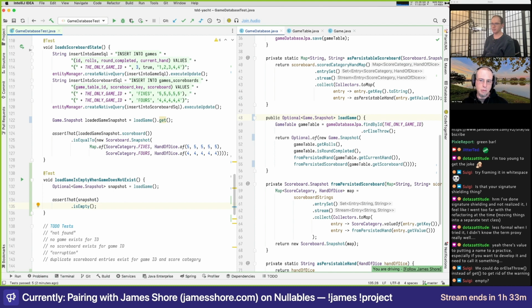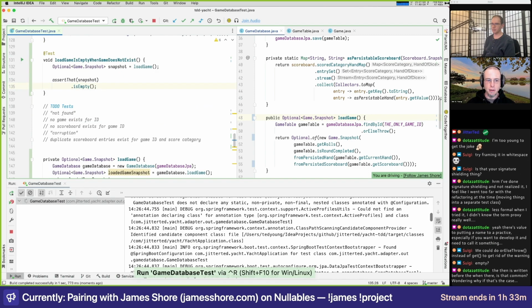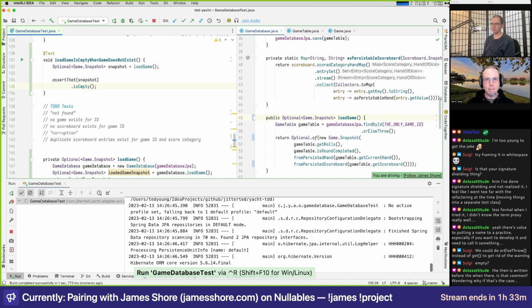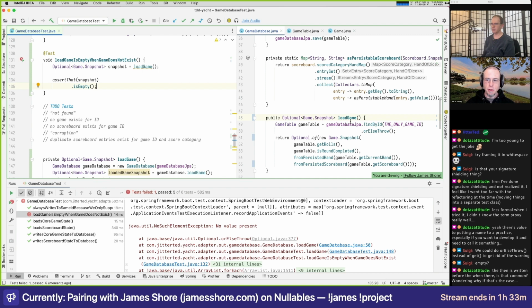So this will throw an exception, is the way it's currently configured. Because we're throwing an exception here. Which is actually, no, this is failing correctly. We've gotten the test to fail. Now we need to implement it.